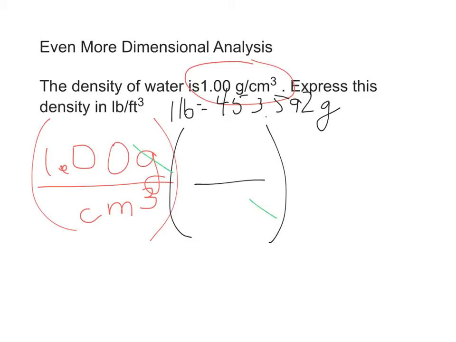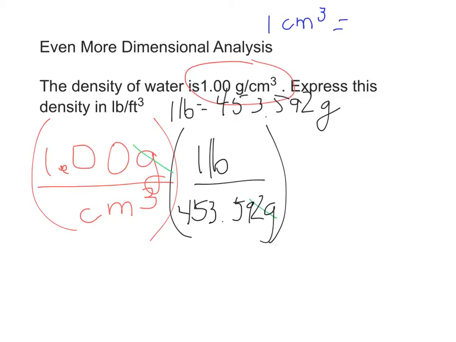So if you're thinking, oh, I want to have this 453.592 grams right there on the bottom. And with that, I'm going to put 1 pound. And then, of course, our grams are going to cancel out. So we could stop there and figure that out and then do another conversion, or we can just keep right on going. Because the other thing you needed to know was that 1 cubic centimeter